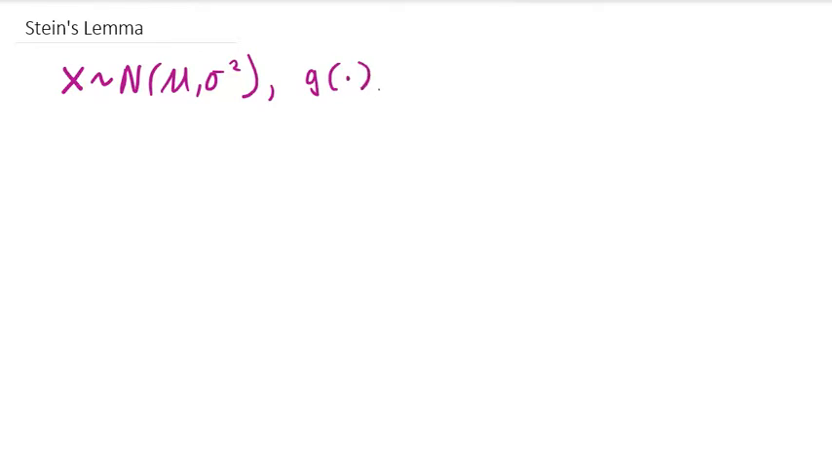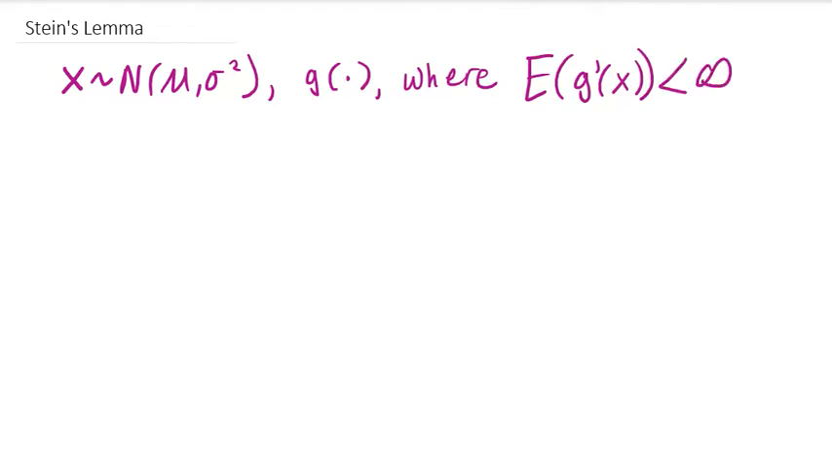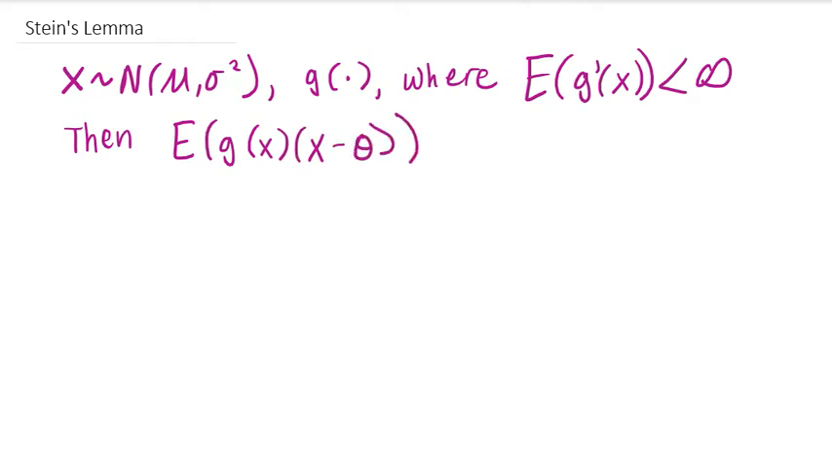such that the expected value of the derivative of g of x is finite and exists, then the expected value of g of x, x minus theta, is equal to sigma squared expected value of the derivative of g of x. So this is what we are trying to prove. So for our proof,